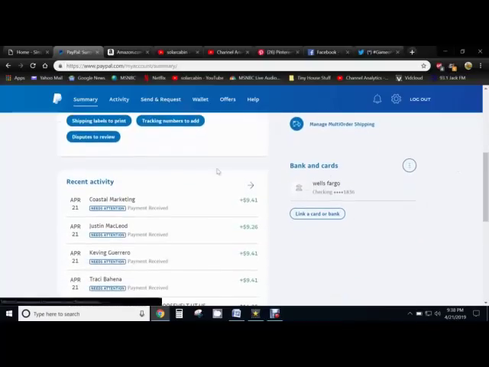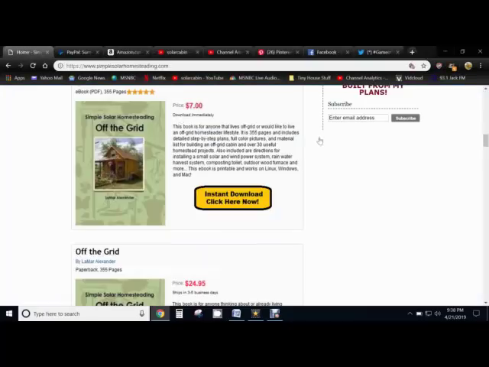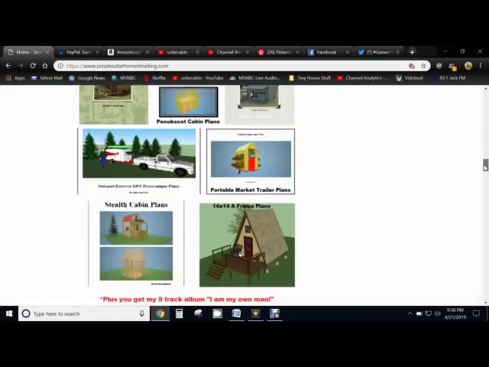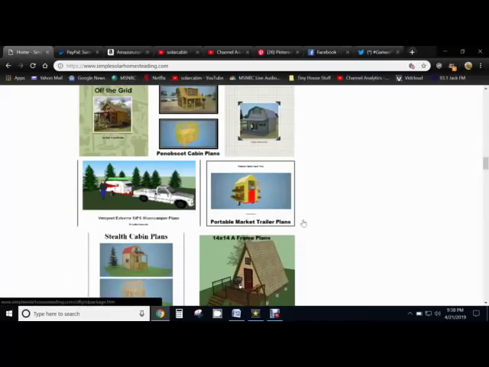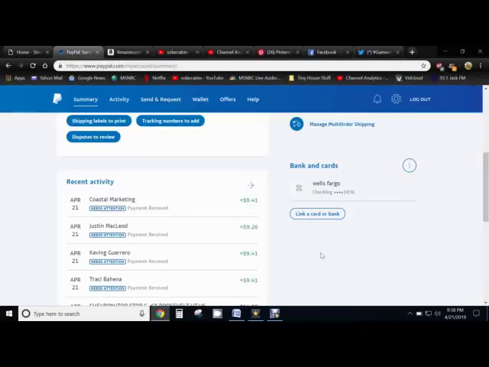And then you'll see just a few book purchases here. These are 4 book purchases I've got here on top today. These were all purchases of my Ultimate Off-Grid package deal, and the package deal sells for $10. Let me show you that back here on my website. These people clicked on this link here for the Ultimate Off-Grid package deal, which includes my 355-page ebook and a bunch of my other plans, and then they purchased that through PayPal for $10, and PayPal takes approximately 60 cents out of each sale.